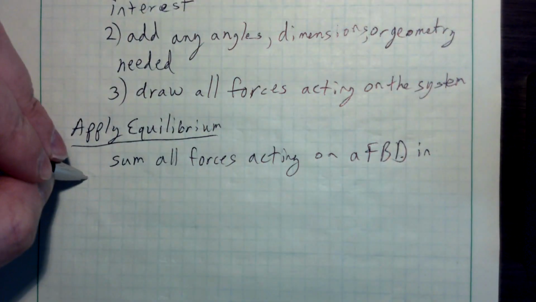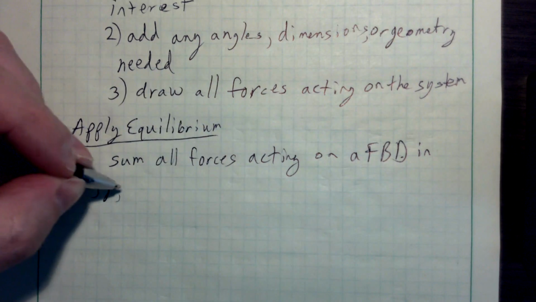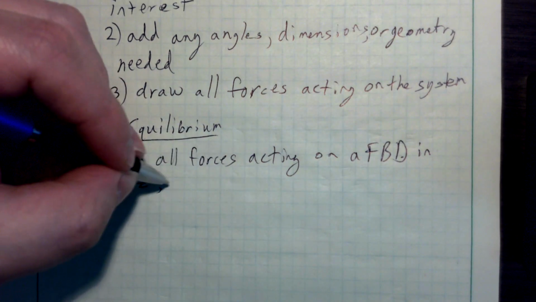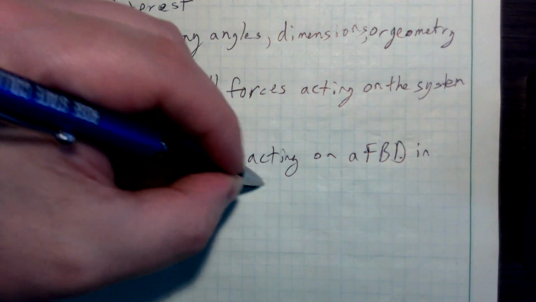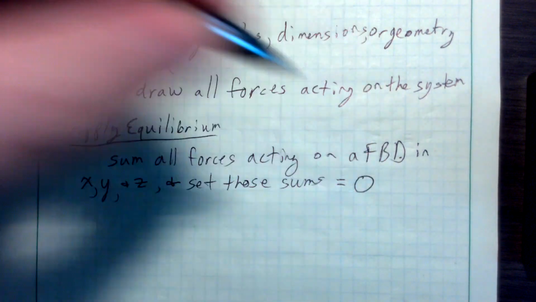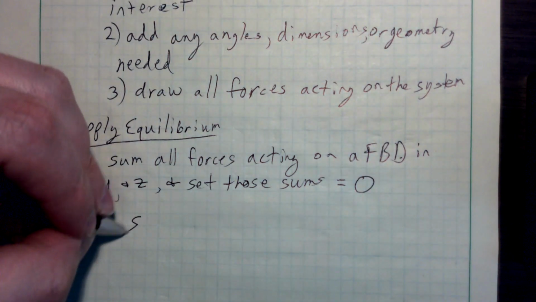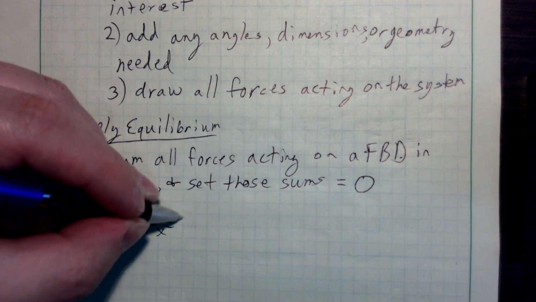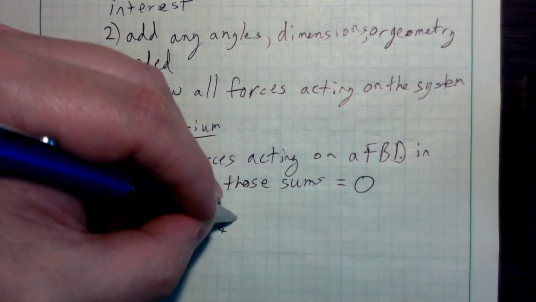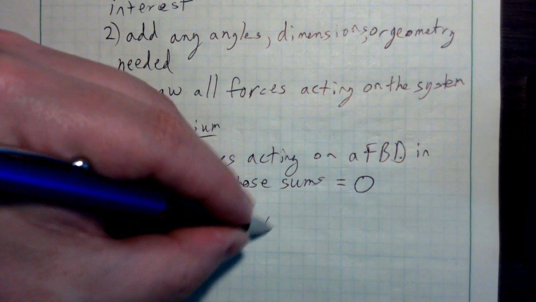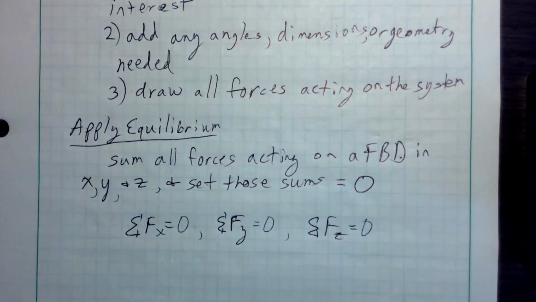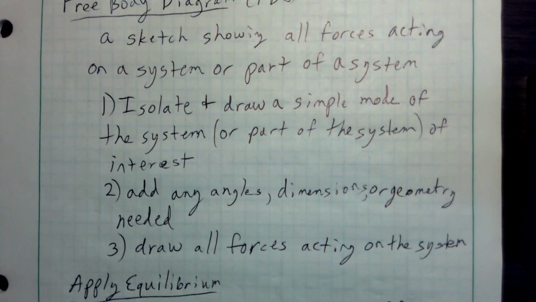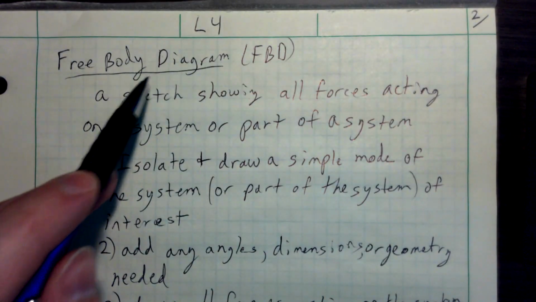in X, Y, and Z, and set those sums equal to 0. You say the sum of forces in the X is equal to 0, and the sum of forces in the Y is equal to 0, and the sum of forces in the Z is equal to 0. I mentioned earlier, our statics instructor was very clear, if there's no free body diagram,